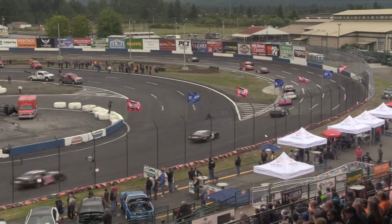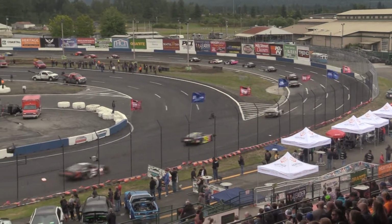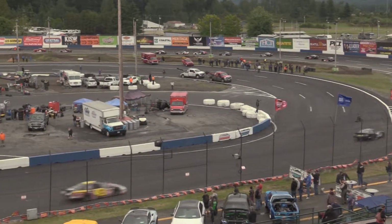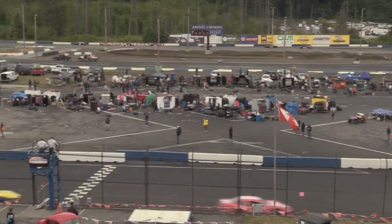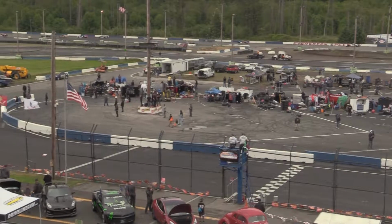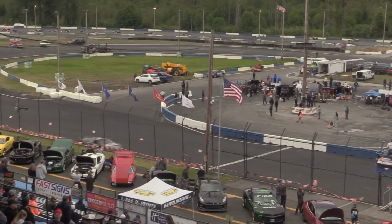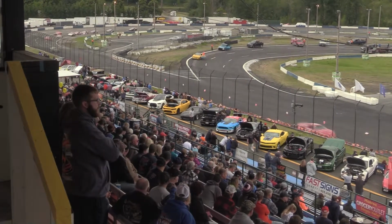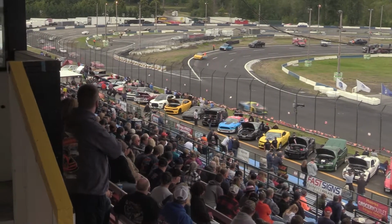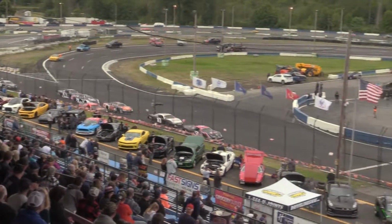Owen Riddle goes down into turns 1 and 2, your leader, but the leaders are starting to stack up, 1, 2, 3, 4, as they know they have lap traffic in front of them now. The leaders are side by side going down into turn number 3, as they reach the tail end of our field. Let's see how they do. Who can navigate the